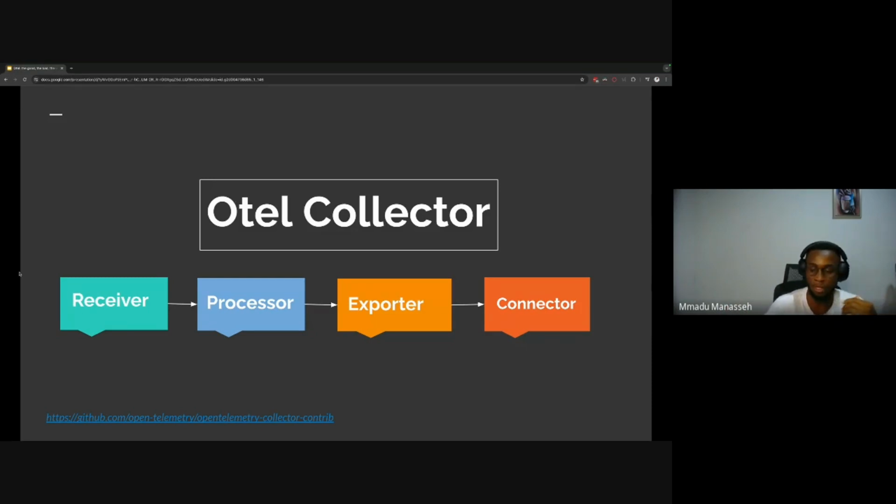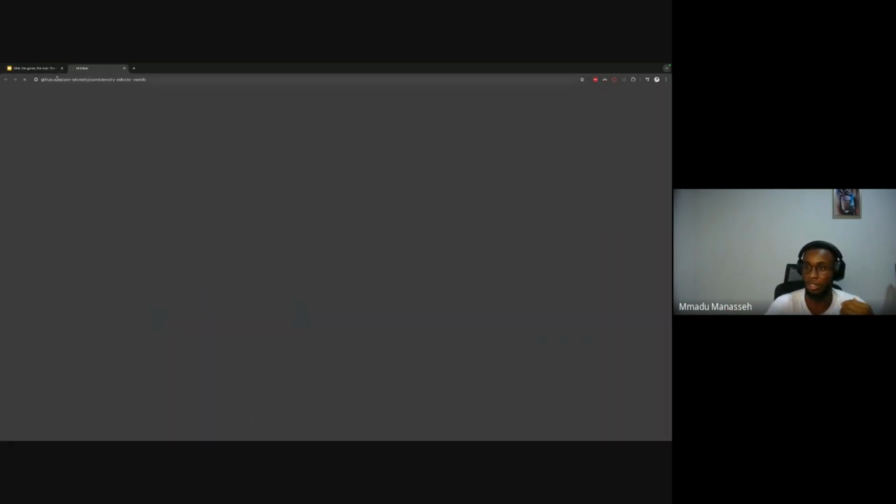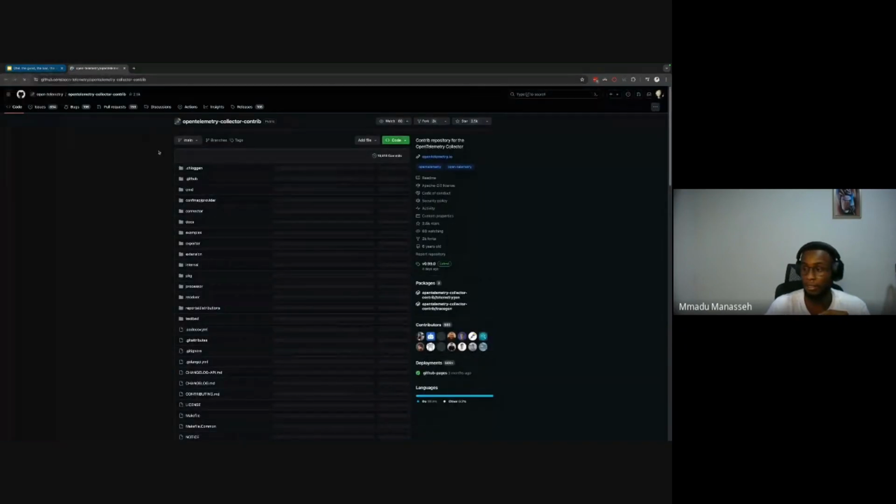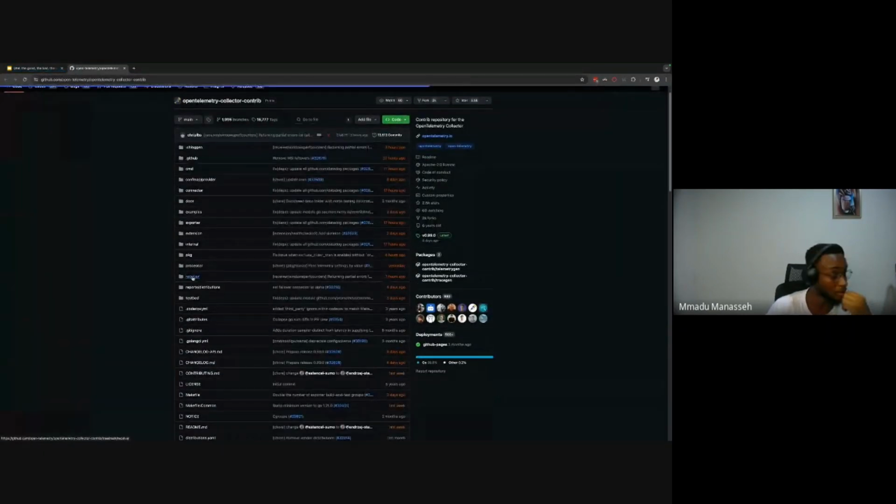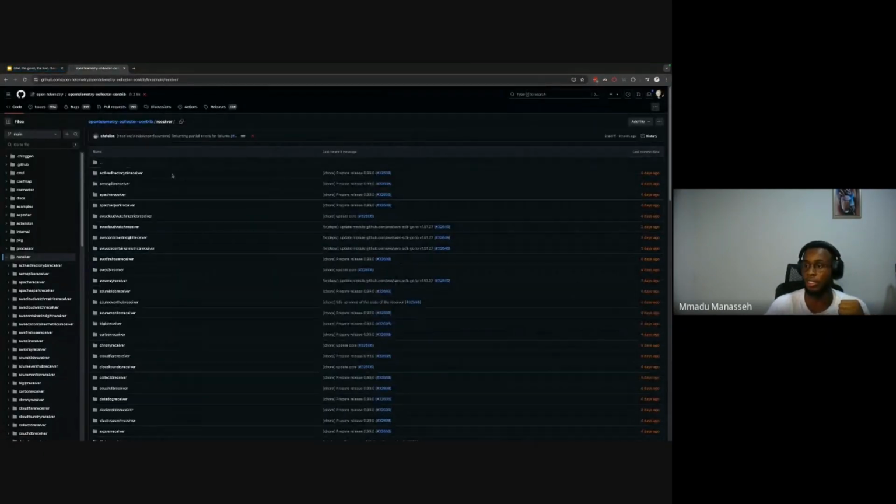So I can just open this link. We can see this is Otel's library, and it has different receivers. Depending on where you want to collect your metrics from, Otel has different ways to do that. The first one is you can use Otel's library itself. For example, if I want to start a new application, I can start it with Otel's library.